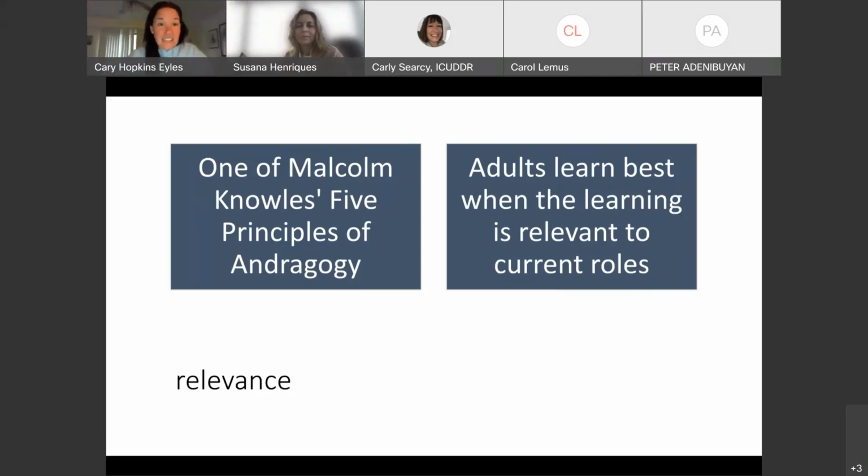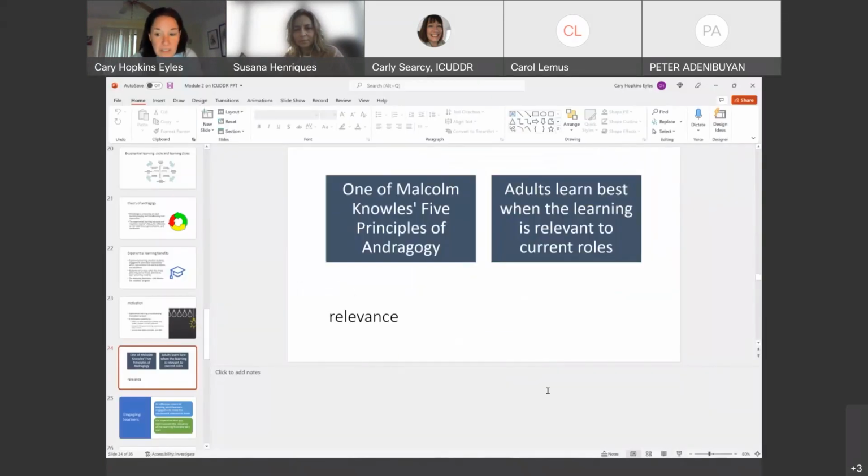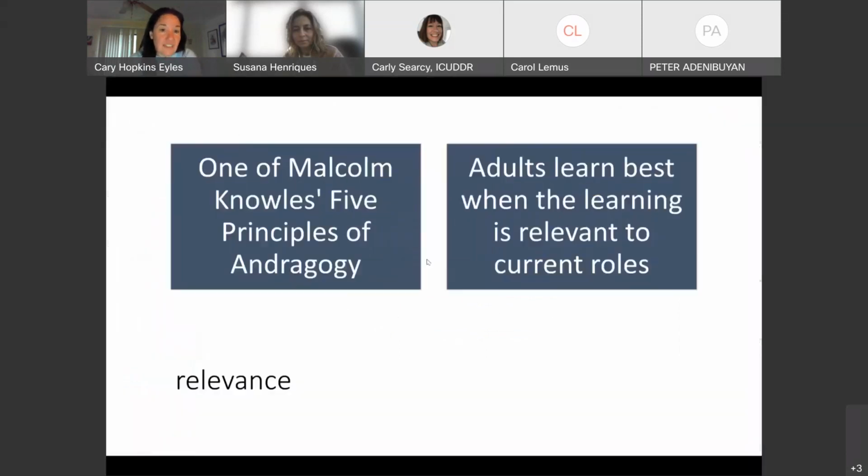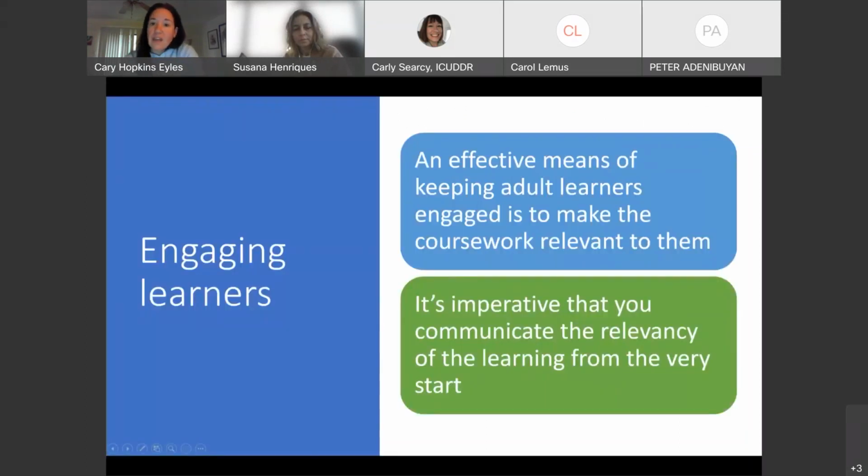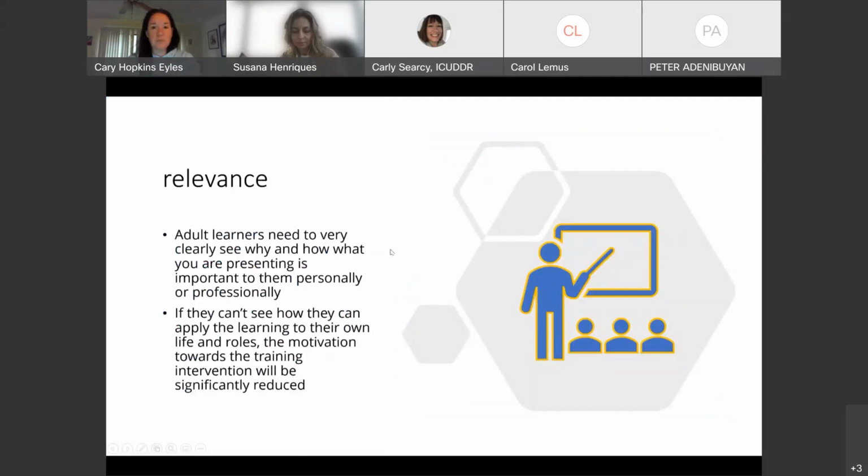So if I see a training available and it may be just not fully in my wheelhouse of what I'm doing, I may be less likely to attend that training because we're all busy and I might find it interesting, but I can't spend the time on it. But a training like this that I am going to use, I'm more likely to dedicate that time and commitment, right?